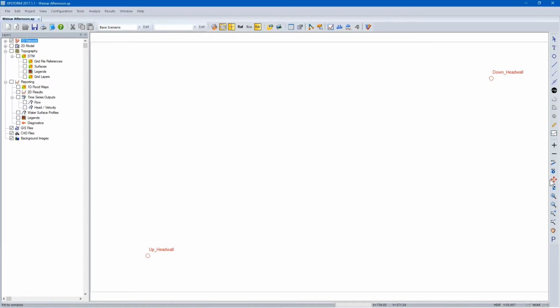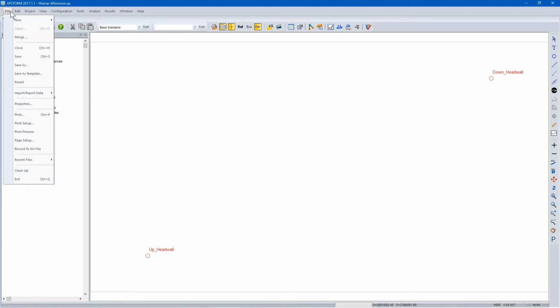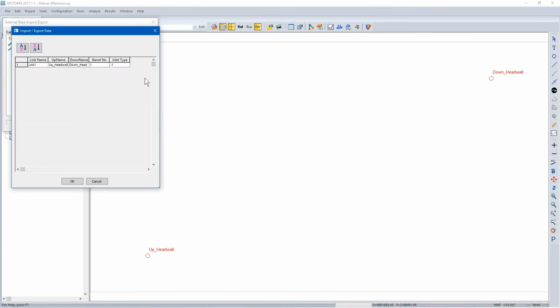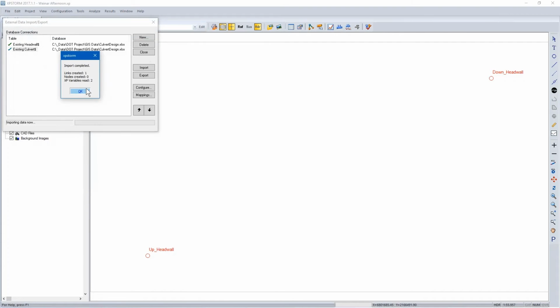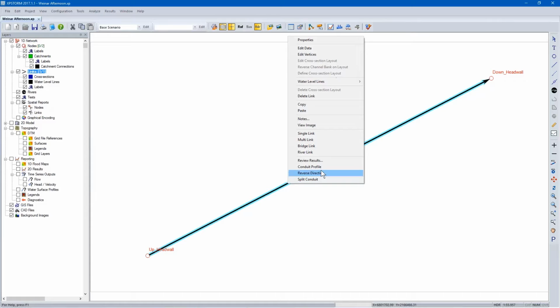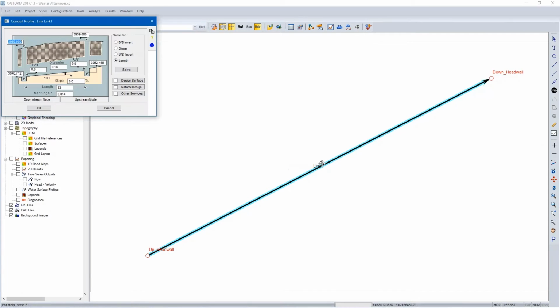And I'll zoom to the location, and there's our up and down head walls. But we can come back to that, and I can import our culverts pretty quickly. Close that. So now we have really our network elements. If I right mouse click and look at the conduit profile,